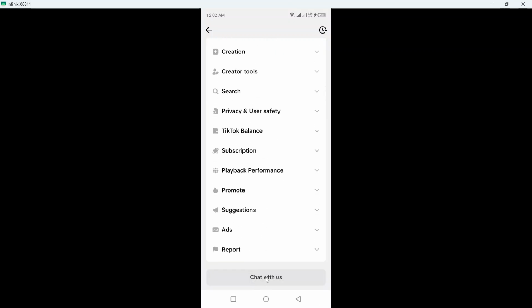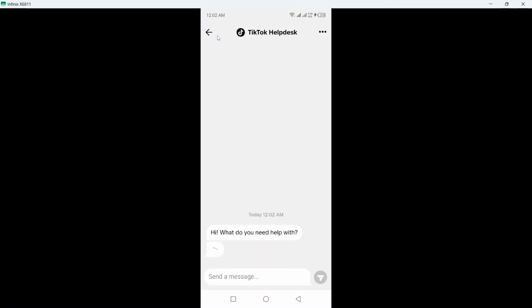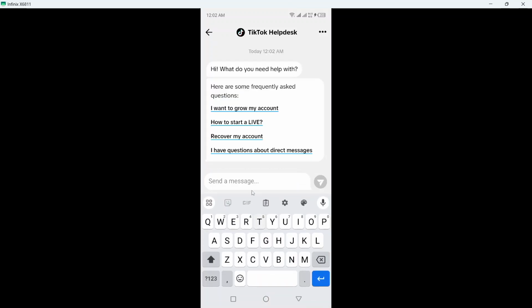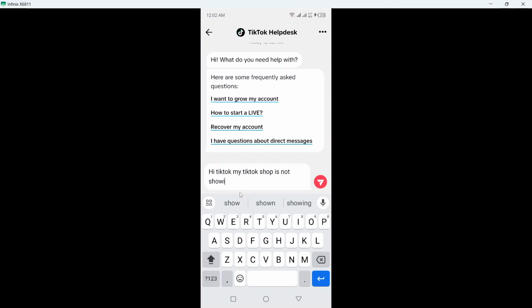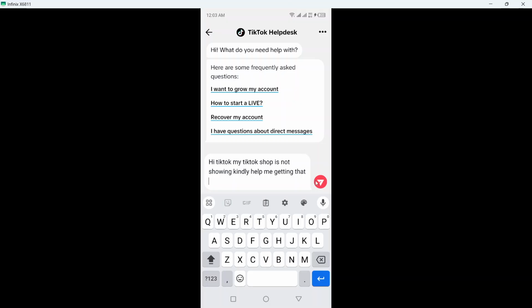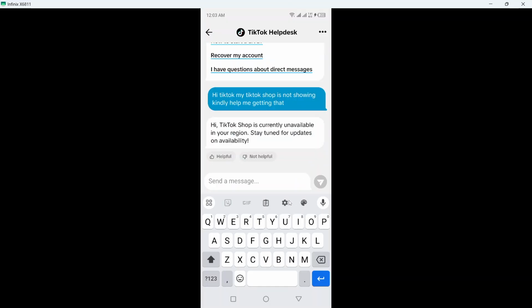and chat with us. And here you need to mention that, hi TikTok, my TikTok shop is not showing. Kindly help me getting that. Then you need to send that, and after that, here you can see that TikTok shop is currently unavailable in